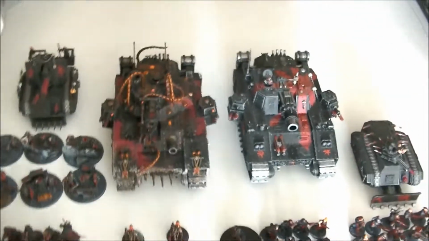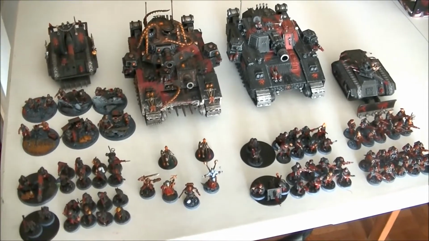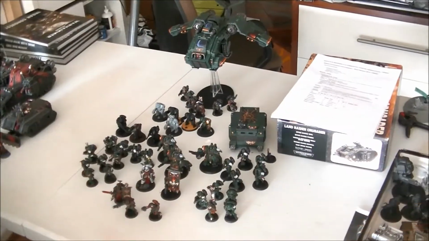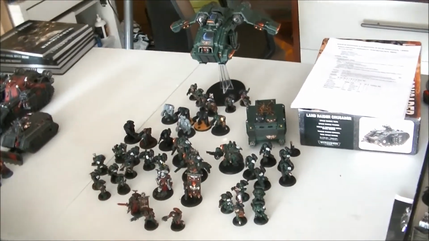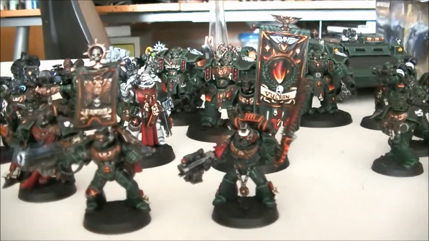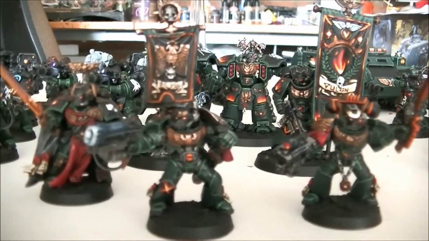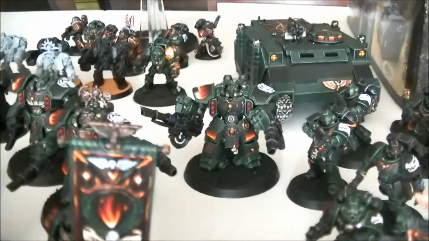So this is the 1850 points, and I'm waiting now for these are the 1850 points of Salamanders. So let's make a close up. Here we have the commander. What is this? A sergeant? Two Lieutenants. We have the ancient,